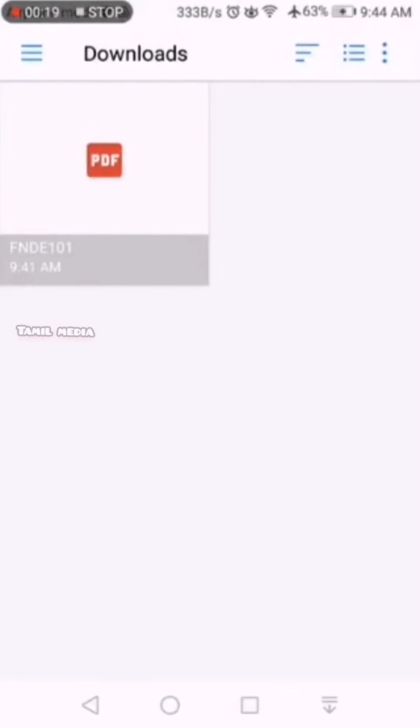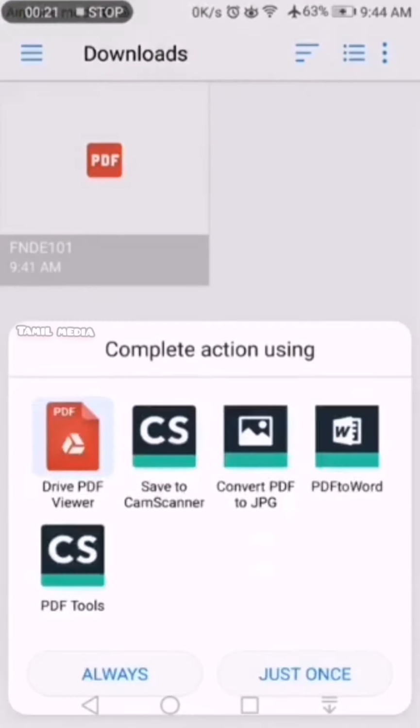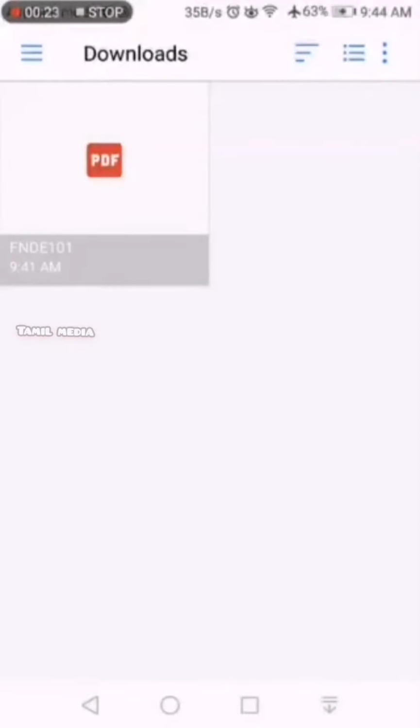Okay, now you can use this to upload to your CDC LMS. So that is basically how you can use Google Drive to scan your answer papers. Remember that when you are using Google Drive, your downloaded answer papers will be in your downloads.